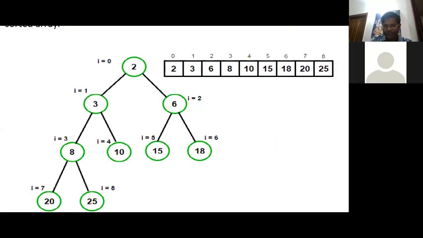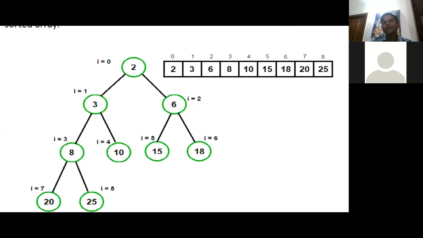We did an example yesterday explaining the heap sort procedure. You can see the study material that is uploaded on the Google Classroom, to take a look at the example that I explained yesterday. So you have to solve this question using the heap sort algorithm. What we do in heap sort is start by replacing the root element by the last element. Here the root is 2 and the last element is 25. So the first step is to swap 25 with 2. After that, you have to see whether the min heap property is satisfied or not.